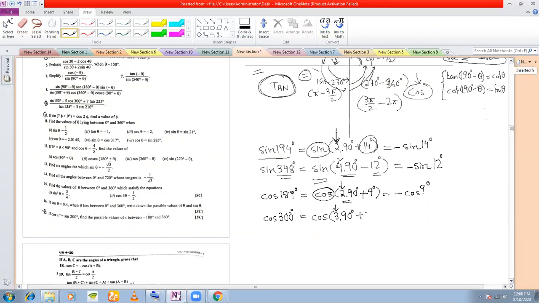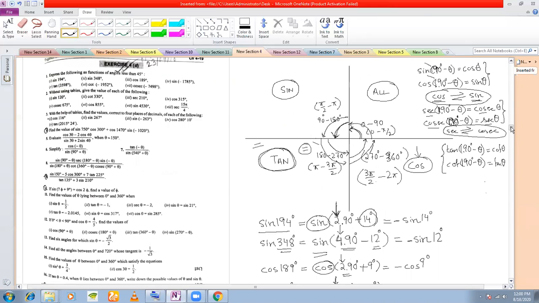And you add plus 30 degrees. Okay. Now what happens? First of all, this is an odd multiple, so cos will change to sine. Because see, here, what did I tell you? For odd multiples, cos will change to sine, sec changes to cosec, tan changes to cot, and cot changes to tan. Okay.